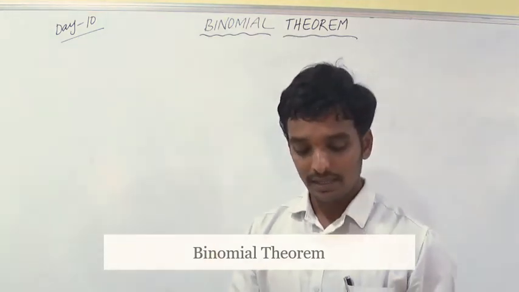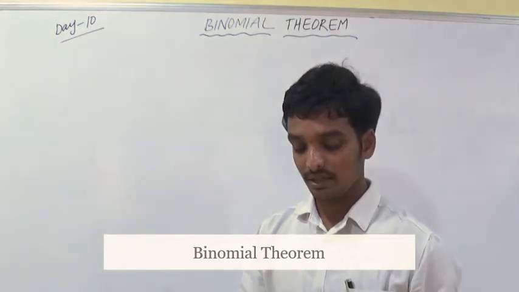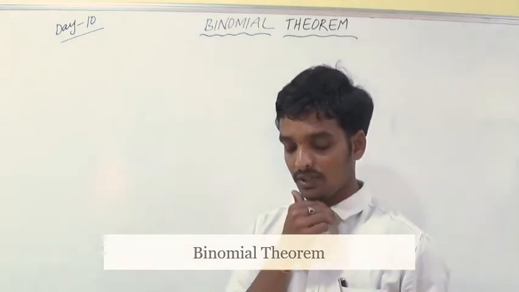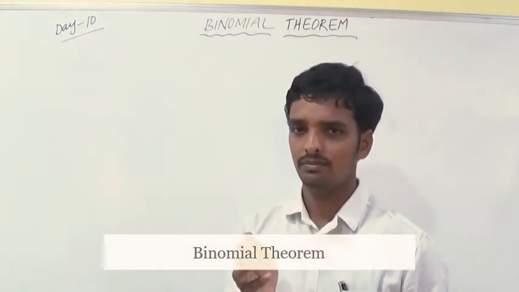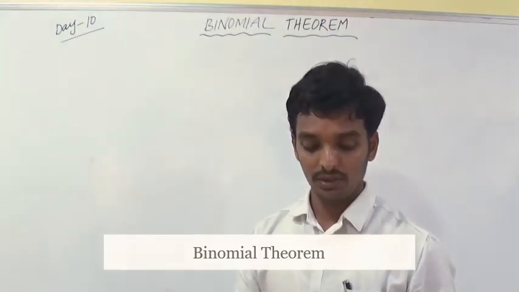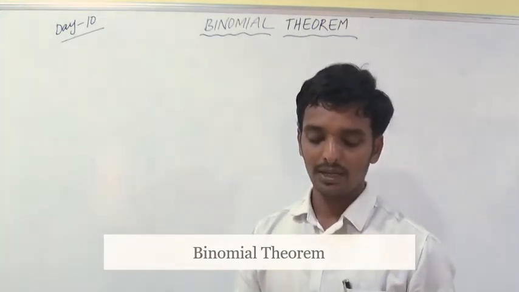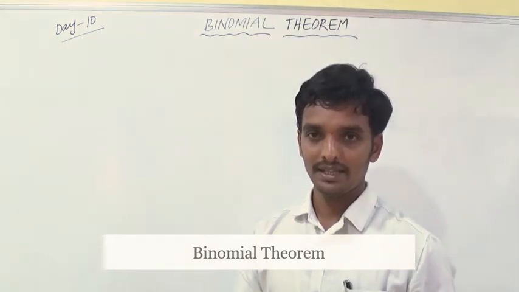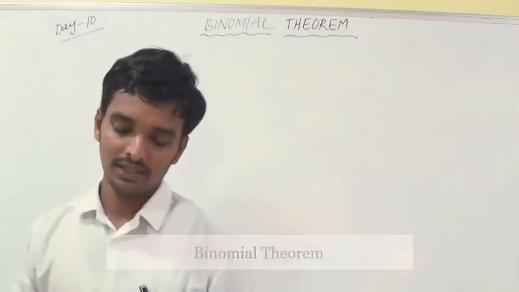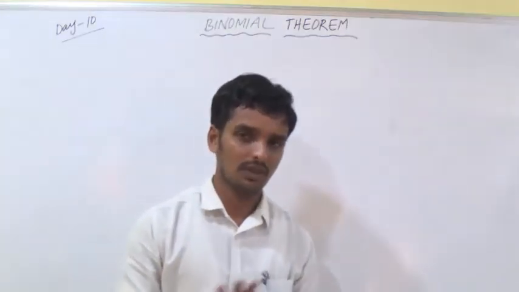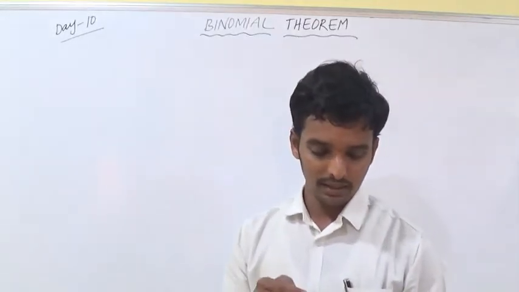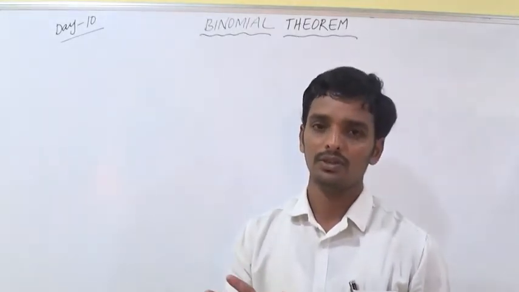Observe that the 21st and the 22nd terms in the expansion of (1 plus x) whole to the power of 44 are equal, find x. You can solve. Next, if the coefficients of the (2r plus 4)th and (r minus 2)th terms in the expansion of (1 plus x) whole to the power of 8 are equal, then r is equal to. I won't explain this problem also. This is also for homework, and the 8th, 9th, 10th are homework for you. You can solve as you wish.